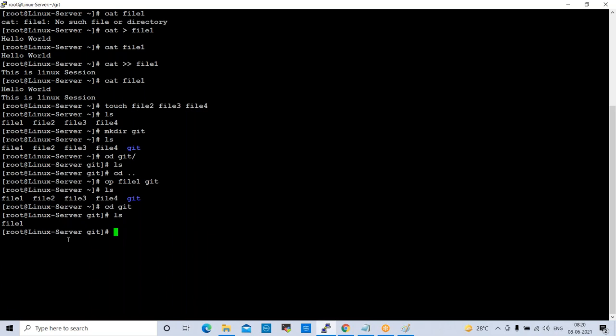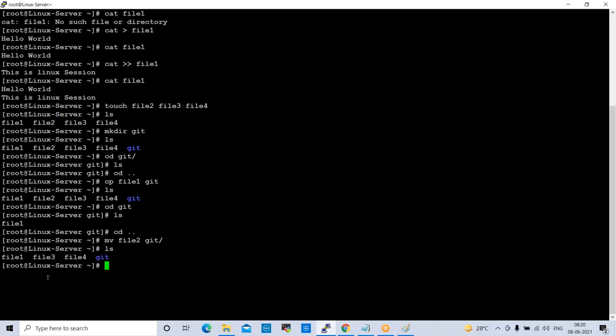Okay. So next one is the move command. The command here is mv and file2. I want to move file2 to git directory. Enter. Now, if you check ls, there is no file2 here. So moving means completely moved from source place to destination place.